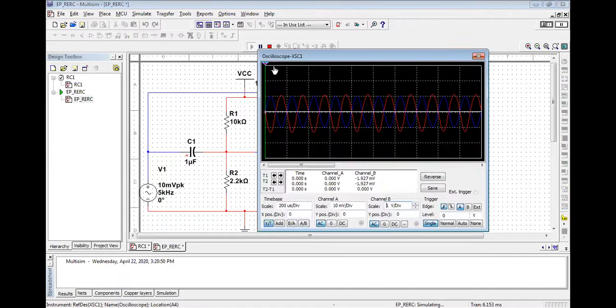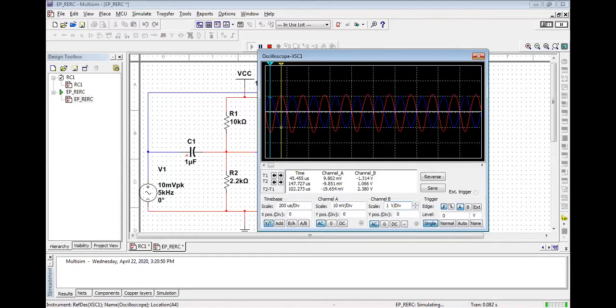Now, if you want to understand properly, this is known as T2. This is known as T1. You can see 2.38 volt. If you want, you can note down the value of this one, 2.38 volt. So here you can see 2.38 volt is the V out, and input voltage is 20 millivolt. So you may find the value of the gain accordingly.